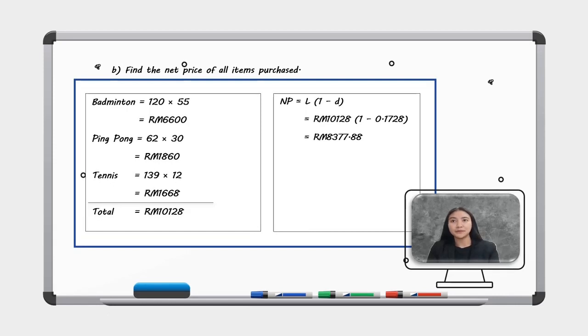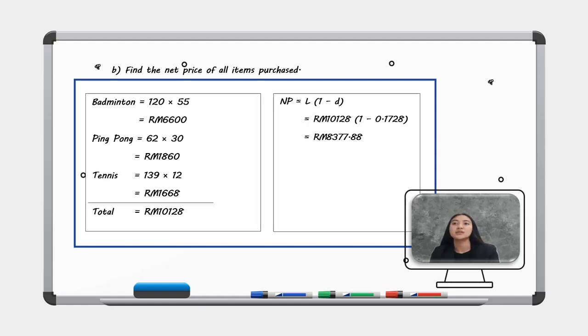Question 2b. Find the net price of all items purchased. Badminton equal to 120 multiplied 55 equal to RM 6,600. Ping pong equal to 62 multiplied by 30 equal to RM 1,860. Tennis equal to 139 multiplied by 12 equal to RM 1,668. The total of price is RM